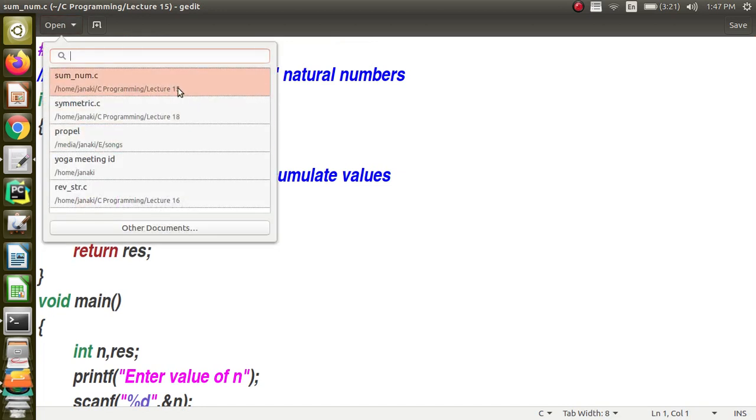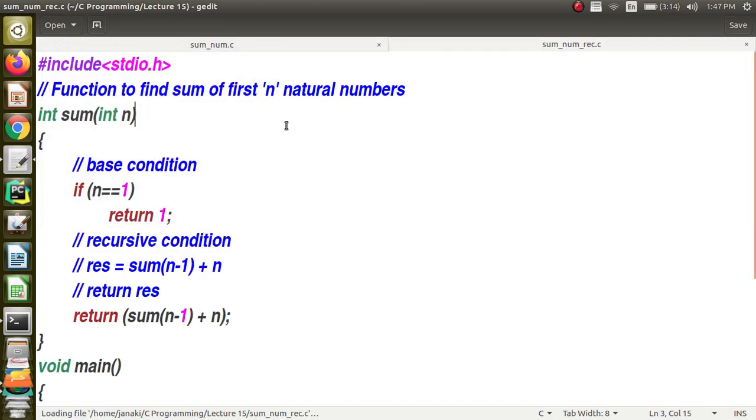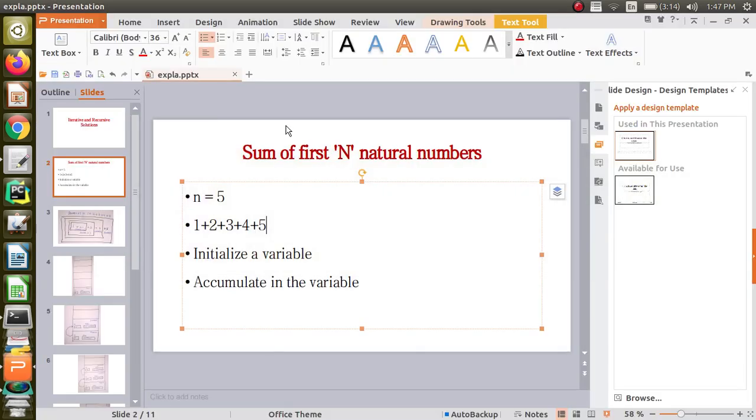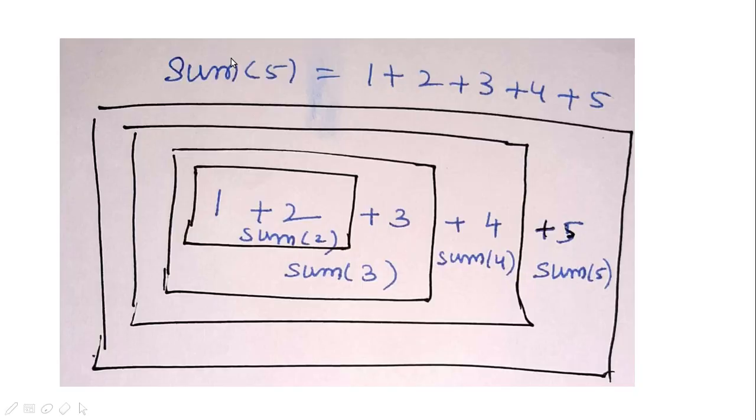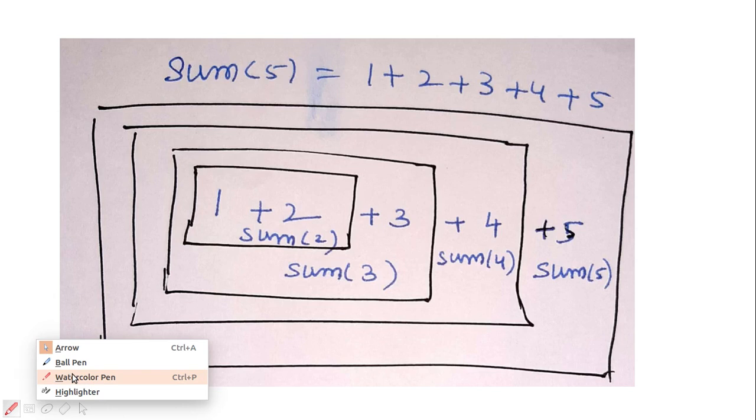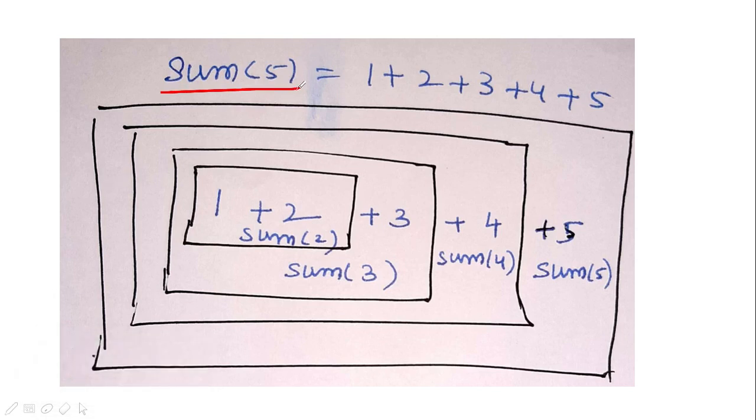Now we will find another solution. This solution is based on something called recursion. When I want to find the sum of 5, it is 1 plus 2 plus 3 plus 4 plus 5.